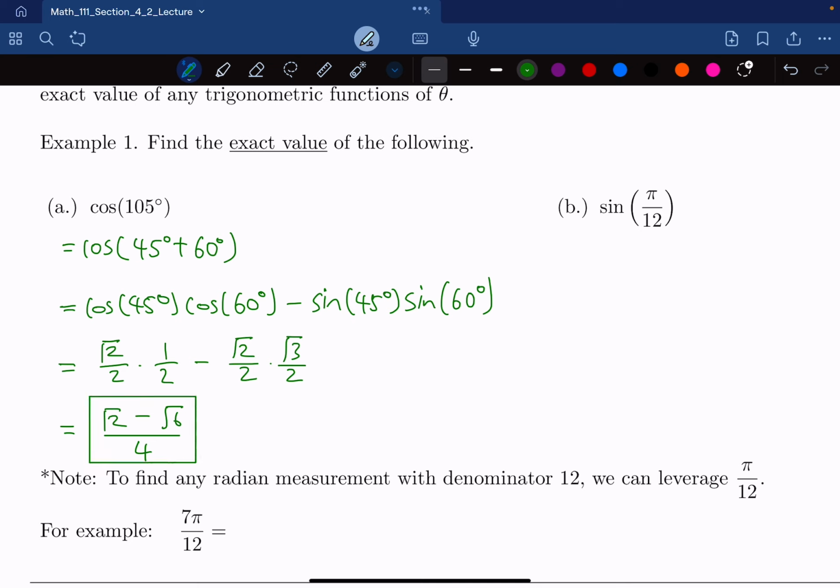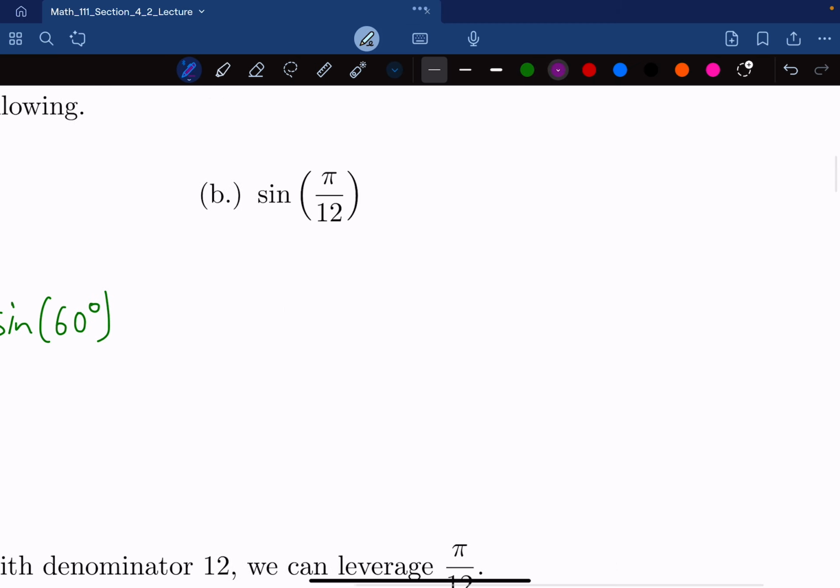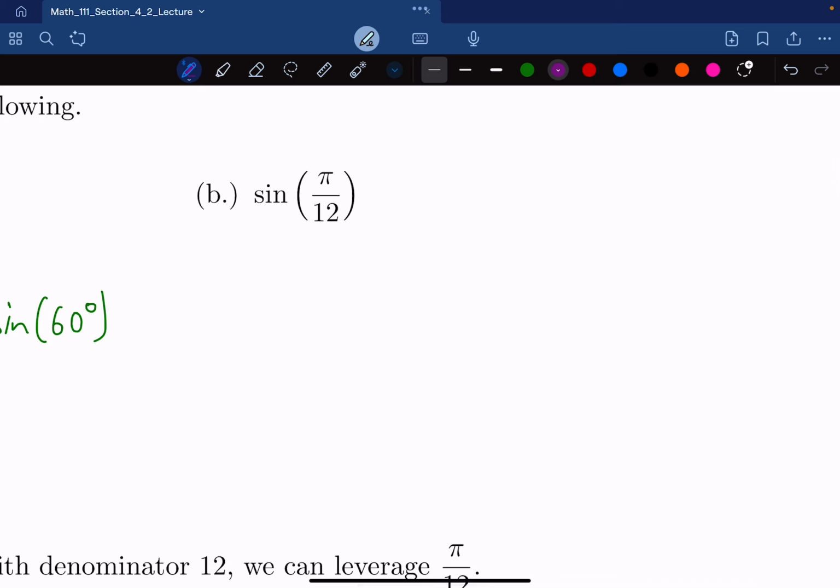Okay, moving on to the next example. Here we're doing sine of pi over 12. Now the pi over 12 might be a little bit intimidating because again, fractions, right? We have to work with angles on a unit circle in terms of radians, and we need to combine them together to become pi over 12, which is a little bit difficult at first, but because we have common denominators,